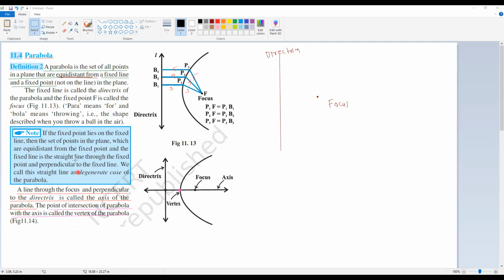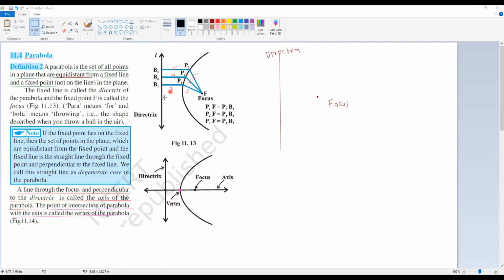That's all. So we had given three degenerate cases: one we saw, a point, a straight line, and two intersecting lines. So this straight line is actually a degenerate case of parabola. Just for your information only. There is no need to spend time on that. So our main thing is